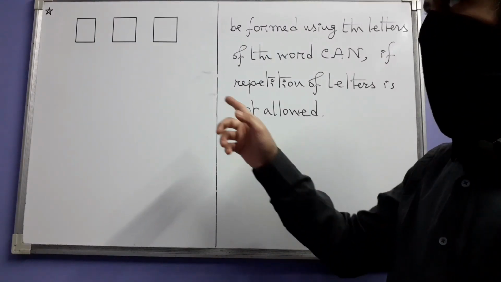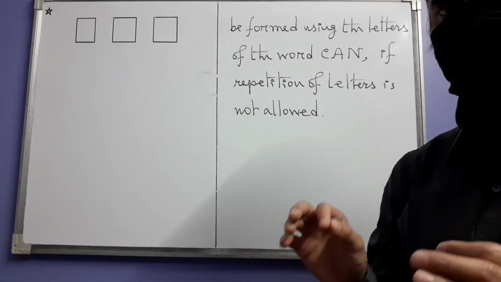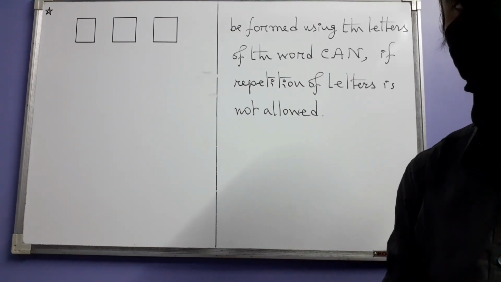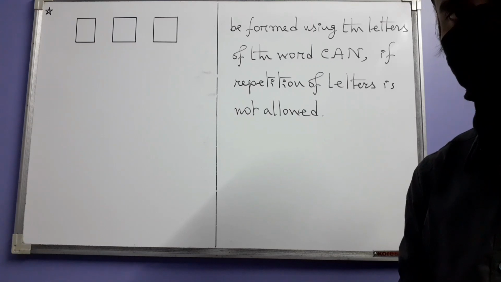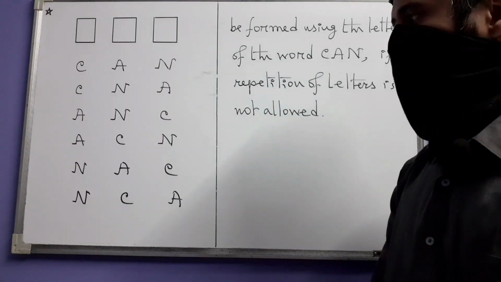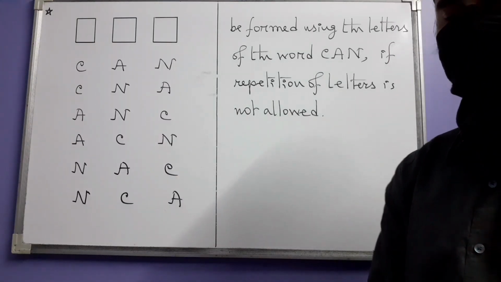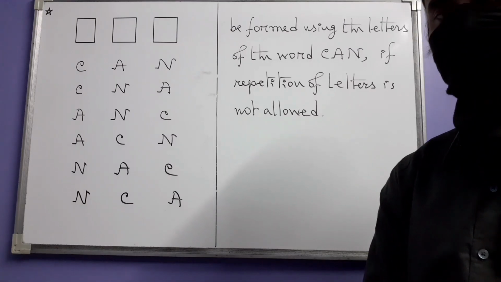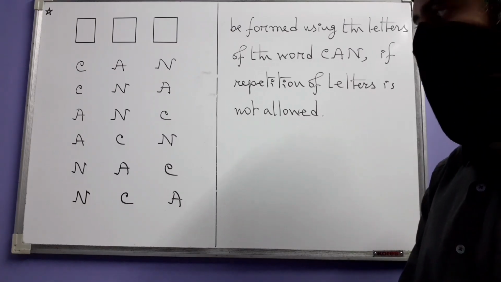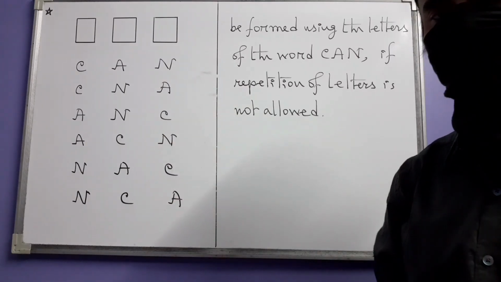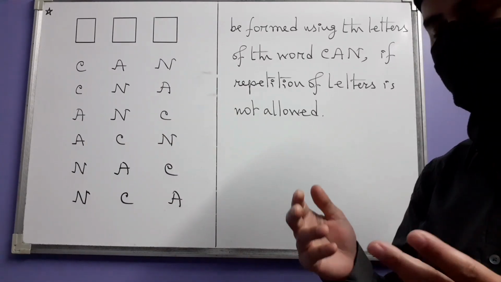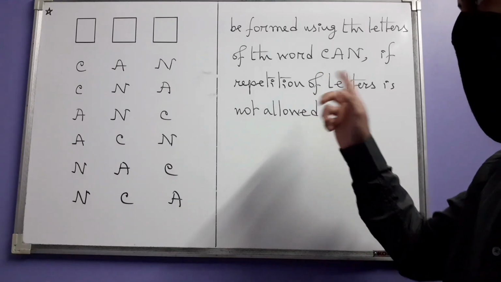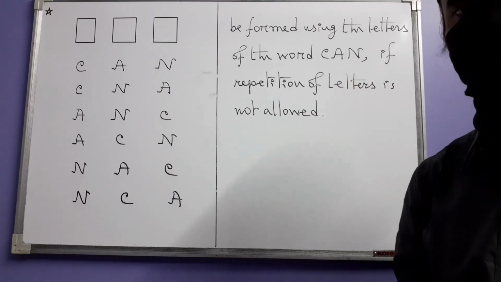It's like having three empty boxes. Each box is to be occupied by one letter. In how many ways can we do this, and what are the ways actually in this case? Because there are only three letters, there are only a few possibilities. And one quickly realizes that there are these 6 possibilities. These are the only ways we can consider a 3-letter word using C, A and N if letters cannot be